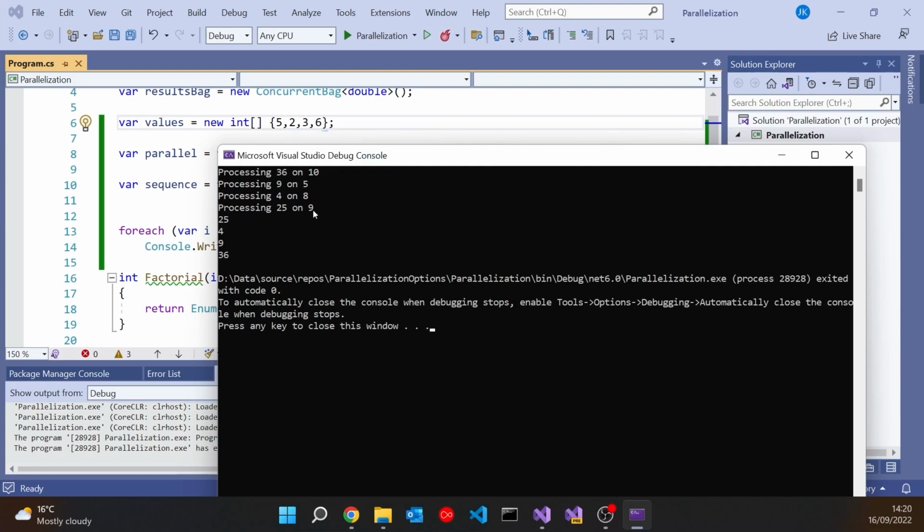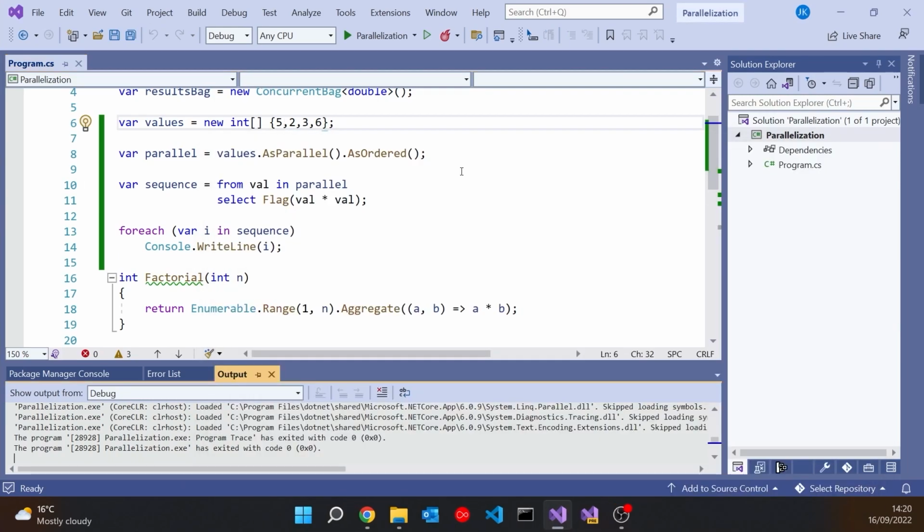That's the order that they come out with. And sometimes that's going to be necessary, that you want the sequence to come back out in the same order. If so, you can use the AsOrdered, but bear in mind there is some overhead with that. Exactly what it's going to be is obviously going to depend on circumstances. You might want to do some measurement and benchmarking, but that's something you need to be aware of. So that's what we have with AsOrdered.